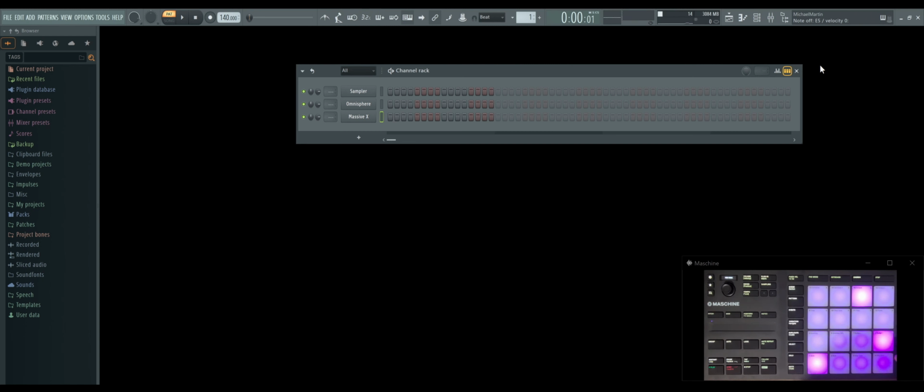I can invert those chords by holding this and going to my first chord position. All right, and I can keep inverting up to the third chord position, and